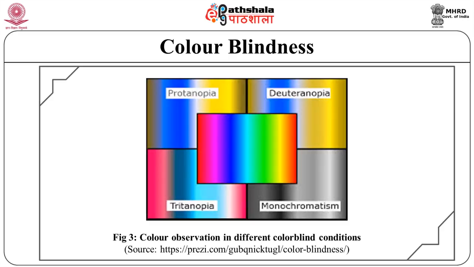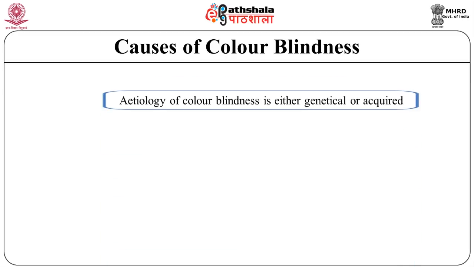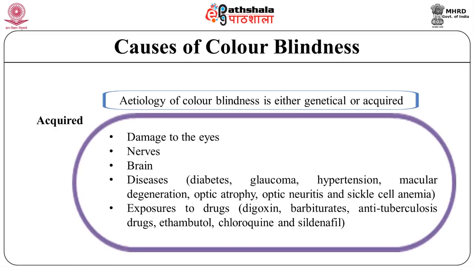While we are studying color blindness, it is important to understand what causes color blindness. What's the etiology of this? The etiology of color blindness is either genetic or acquired. The acquired form is a disturbance occurring on the visual pathway from photoreceptors to the cortex. Causes of color blindness may include damage to the eye, the nerves, the brain, or it may be due to